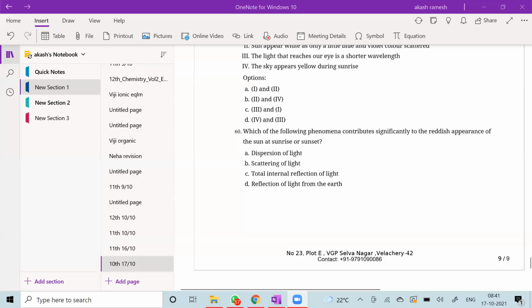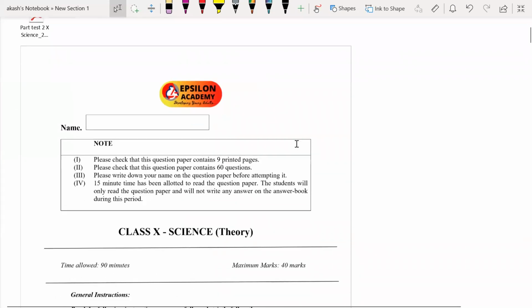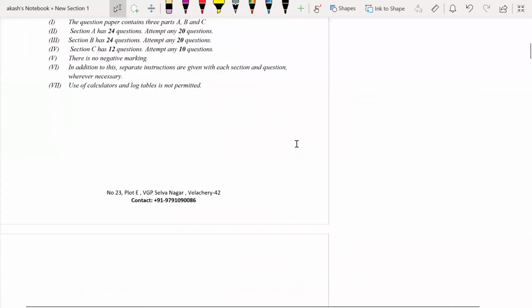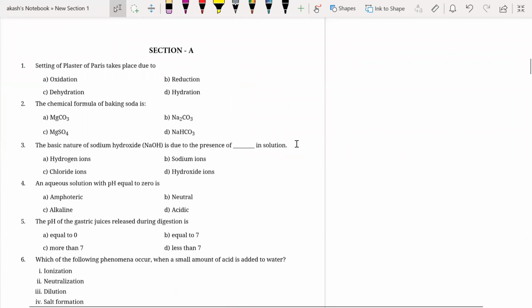So let me share my screen. I have downloaded the paper. I hope everybody is able to see the screen. Okay, so obviously we'll discuss only the chemistry part. The first question,